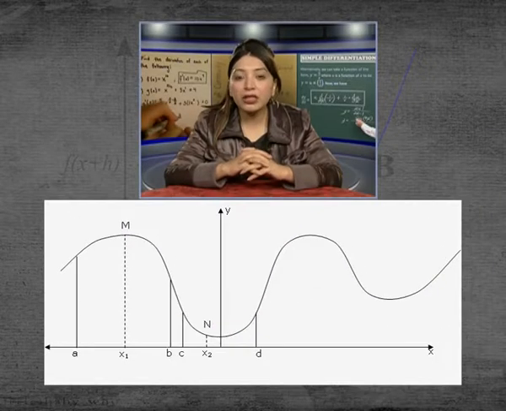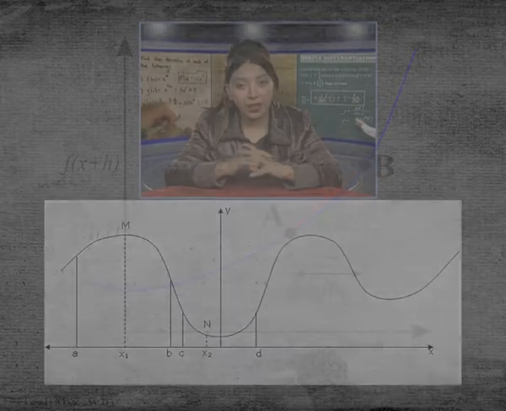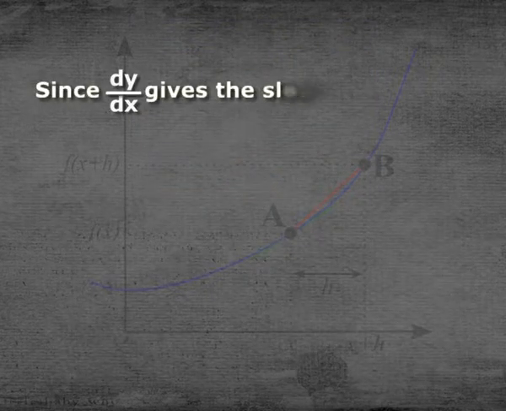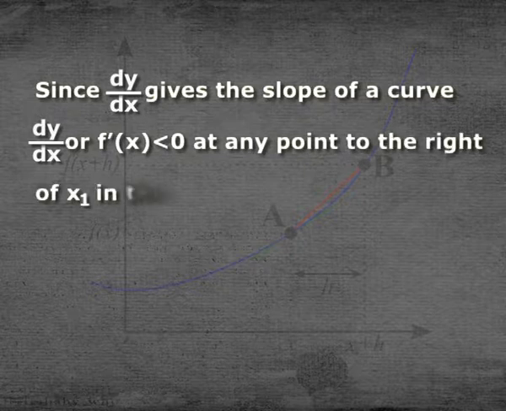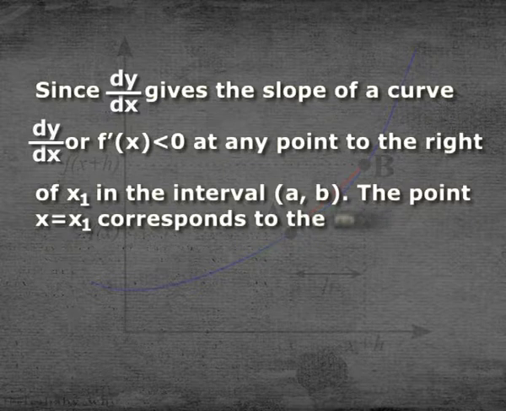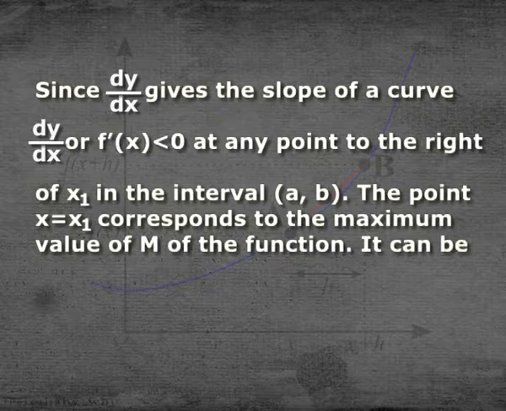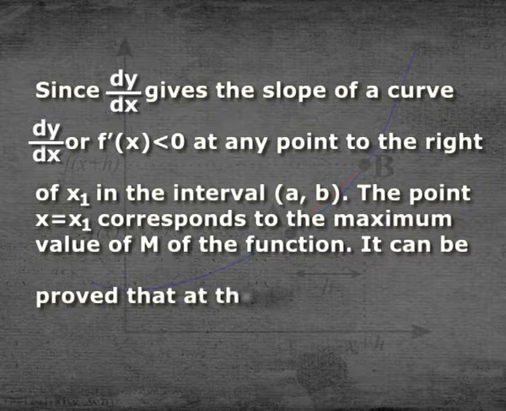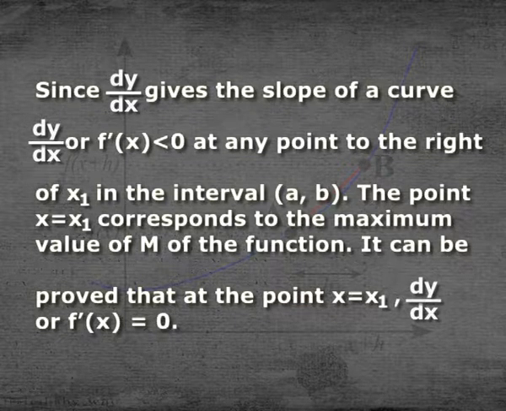The slope of the curve is positive when the curve is increasing, and when it is negative, the curve is decreasing. Since dy upon dx gives the slope of a curve, dy upon dx, or we can say f dash x, will always be less than 0 at any point to the right of x1 in the interval ab. The point x equals x1 corresponds to the maximum value M of the function. It can be proved that at the point x equals x1, dy upon dx or f dash of x will be equal to